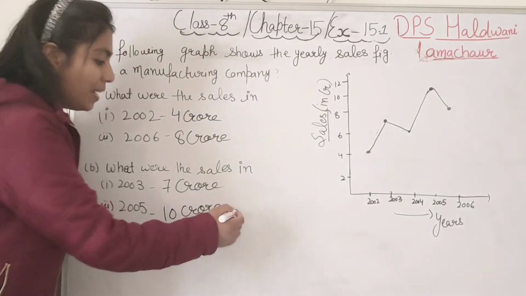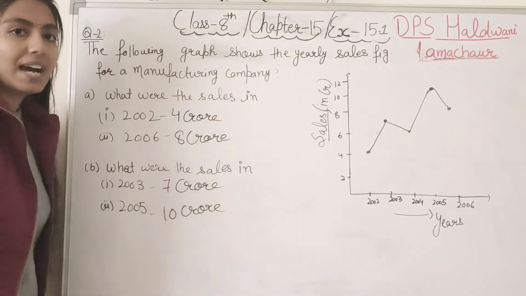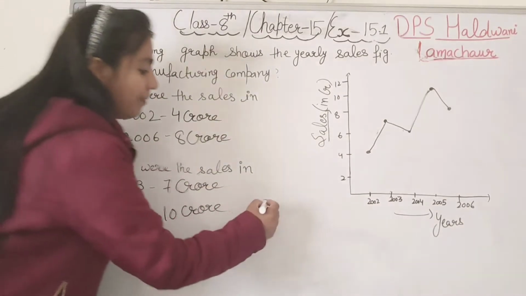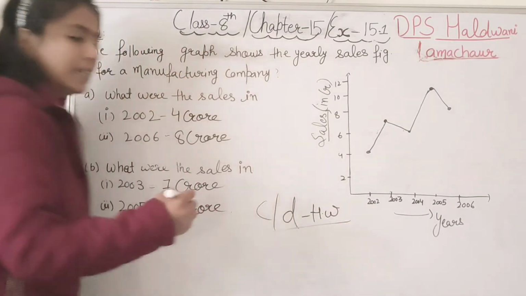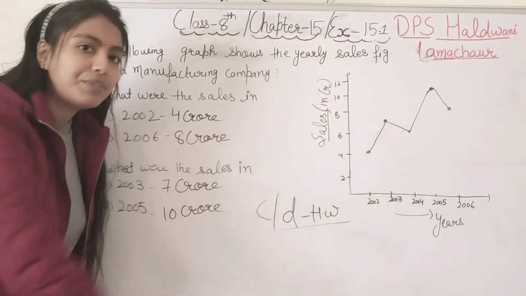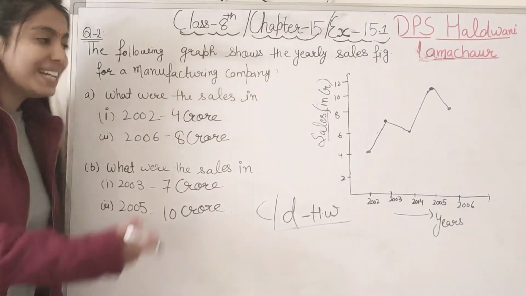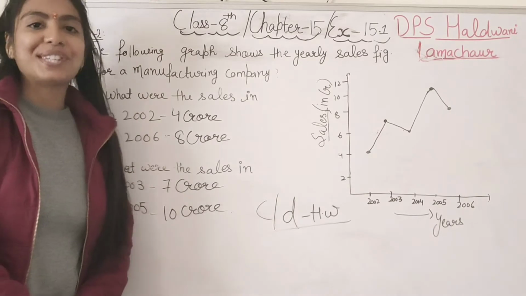That's it, students. So, it's very simple that if a graph is given to you, you have to give the answer. So, 2 parts I have done, C and D part. 2 more parts are there. These parts you can solve by your own. You can read the graph and give the answer. Right, student? So, this was about question number 2. Now, coming to our next question.